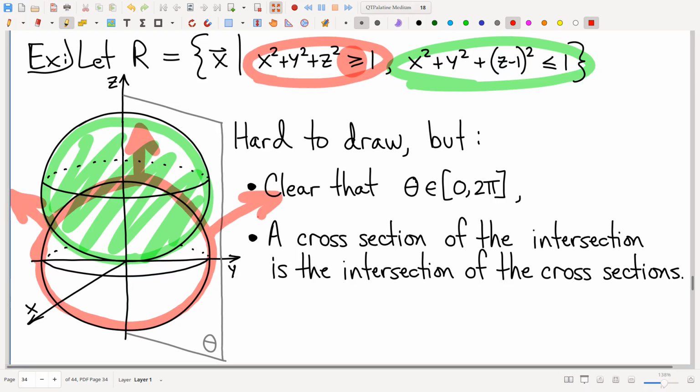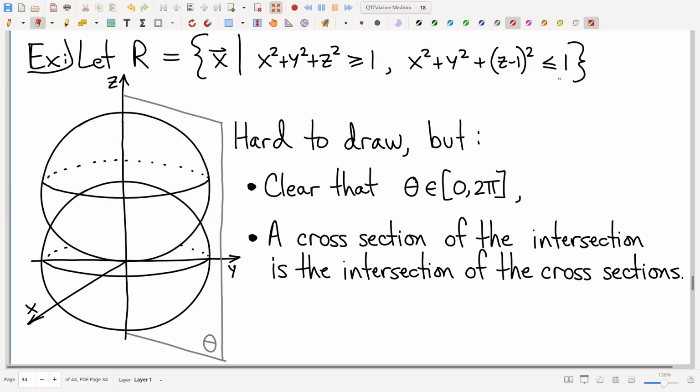Right, so inside the green, outside of the red. Everybody see that? Alrighty, well, gosh, how am I going to draw that? And here's my, that's clearly wrong, right? I mean, if you imagine taking a spherical,